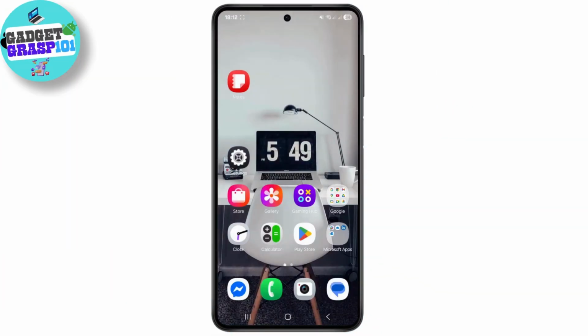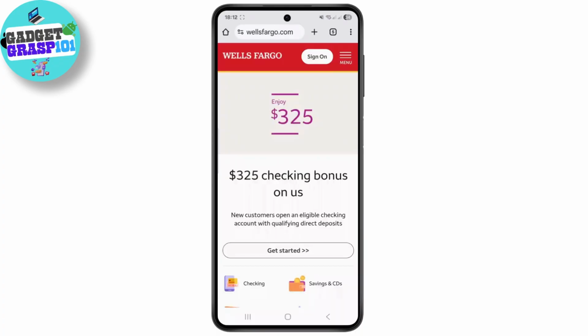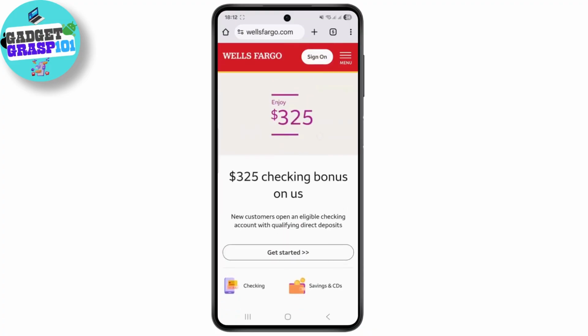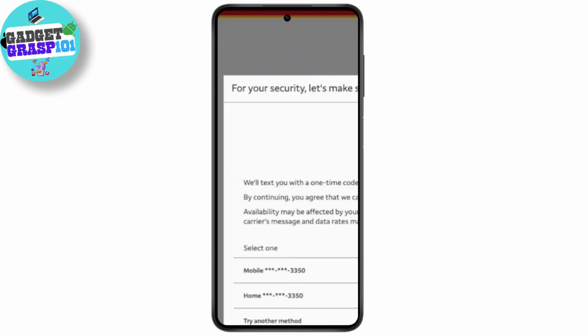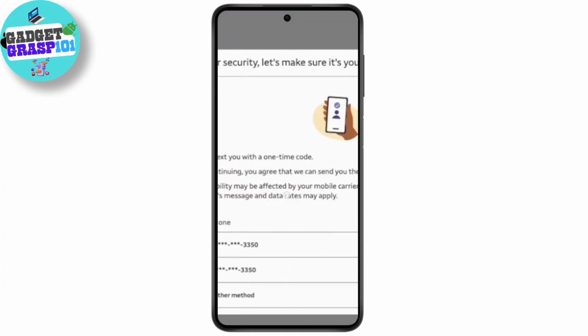In this quick tutorial, I'll be discussing how to activate a debit card on Wells Fargo. First thing, just head over to wellsfargo.com from any of your favorite browsers and make sure you're signed into your account. And once you're successfully signed into your account, it might ask you for your security verification, so you